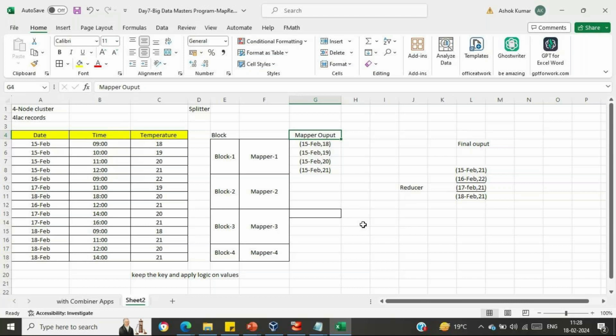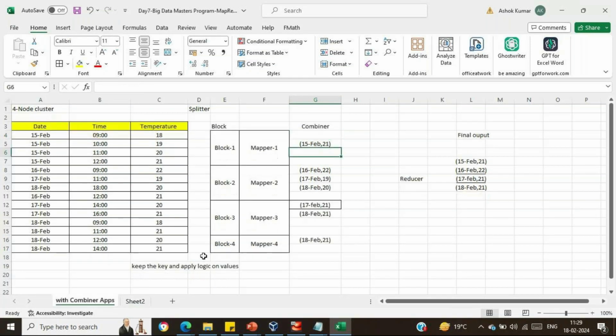Are you able to get the context of what I'm trying to say? Yes, Ashok. Okay, perfect. So over here, what we have seen is the advantage of the combiner. What it has done is the intermediate